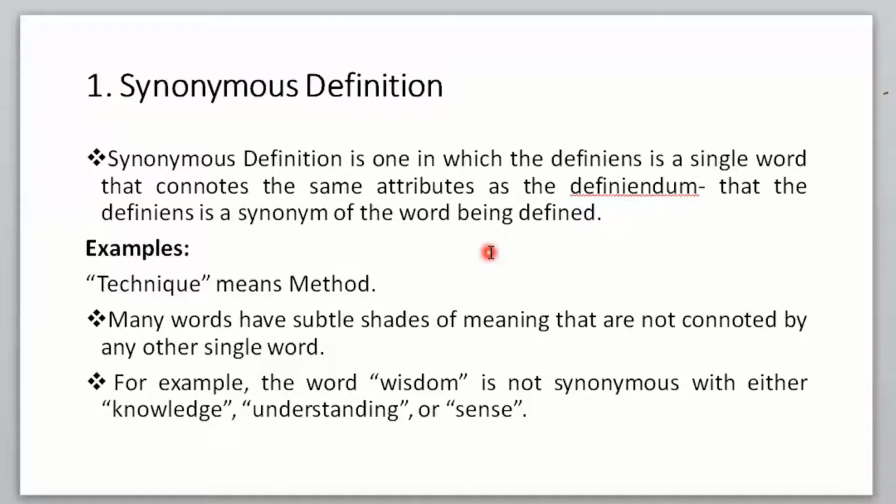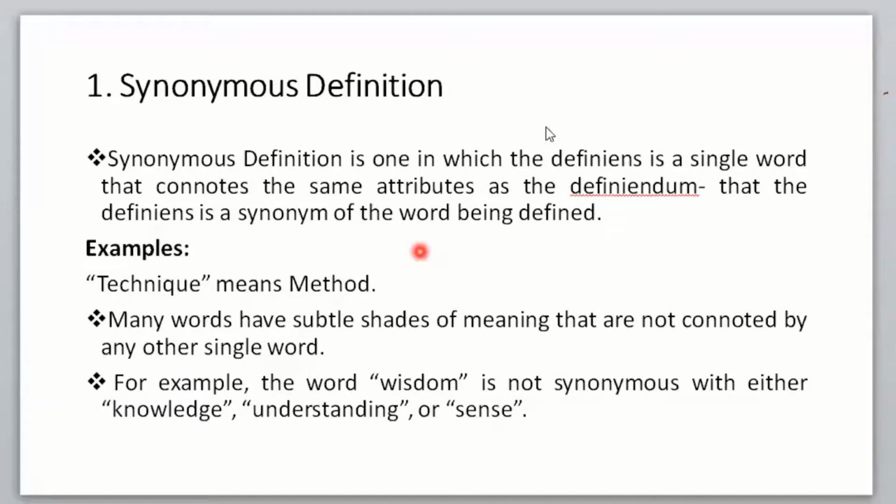The word itself explains. Synonym definition means defining a term by indicating or by assigning other similar attributes,